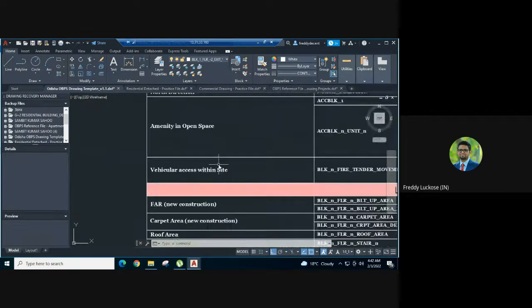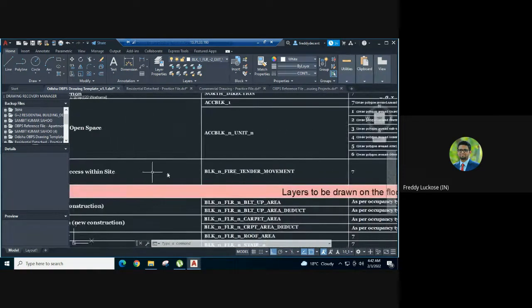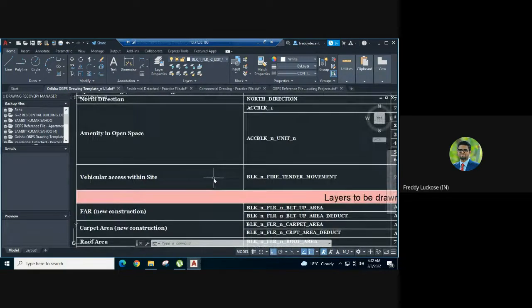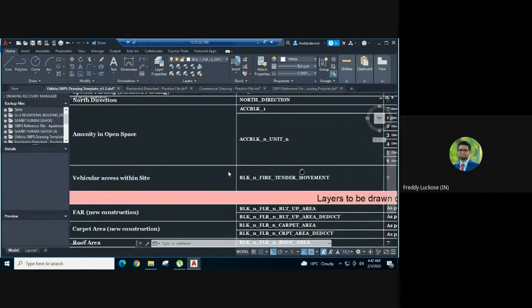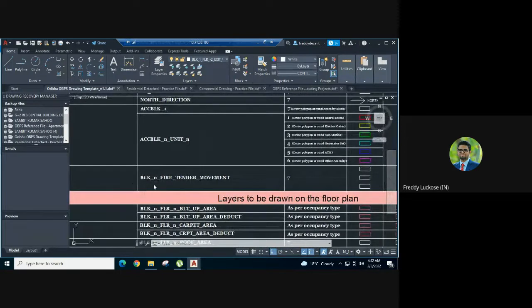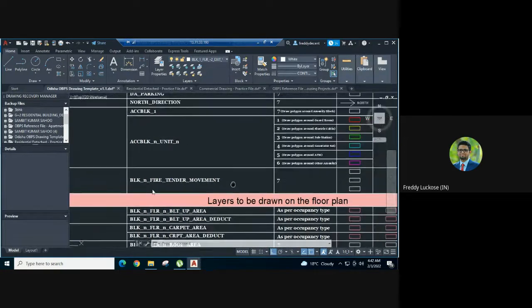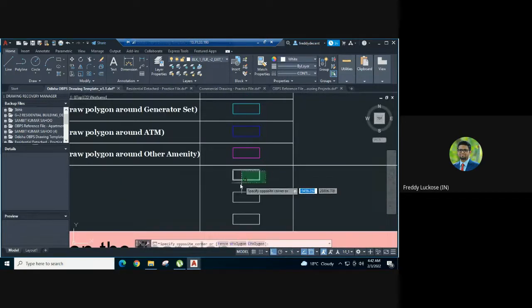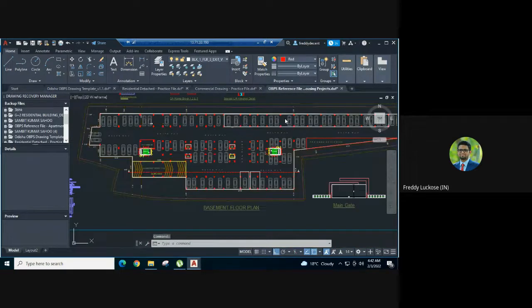The last component in site plan is the fire tender movement or the vehicular access within site. For that, you have to make a layer name called block 1 fire tender movement. It should have a color code 7, and it will be a polygon that you have to make, and the system will automatically calculate the distance. If I show you the reference document,